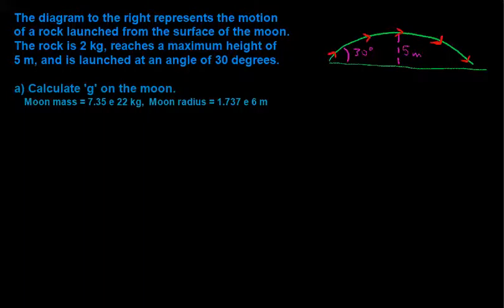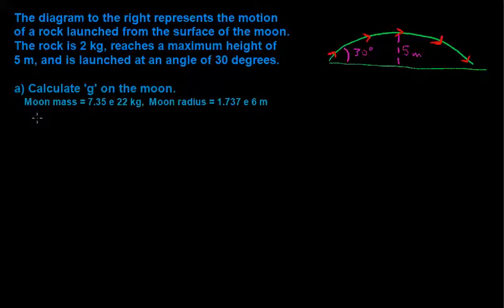So we have a problem here that is asking us to focus on the motion of a rock launched from the surface of the moon. And it says that the rock is 2 kilograms, reaches a maximum height of 5 meters, and is launched at an angle of 30 degrees, all of which we can see represented here to the right, our maximum height and our initial angle. And in this first video, we're going to focus on part A,